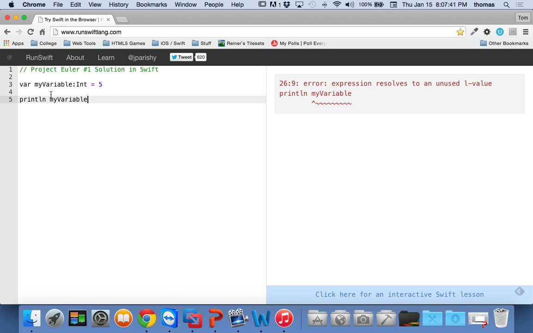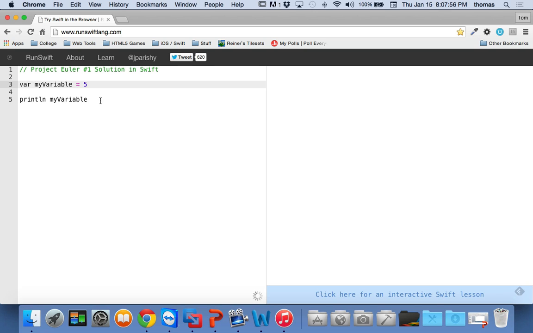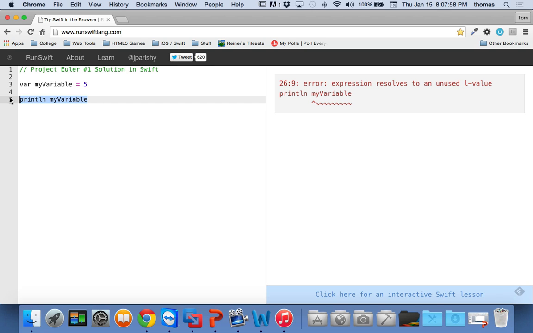My variable is just an integer, right? Now, if you notice, there's a couple things that I'm not doing. There's no semicolons, right? And if I take away the data type altogether, my variable is equal to 5, right? This works perfectly fine as well,